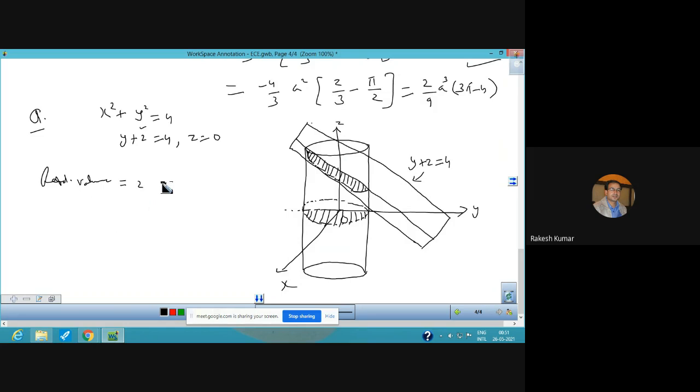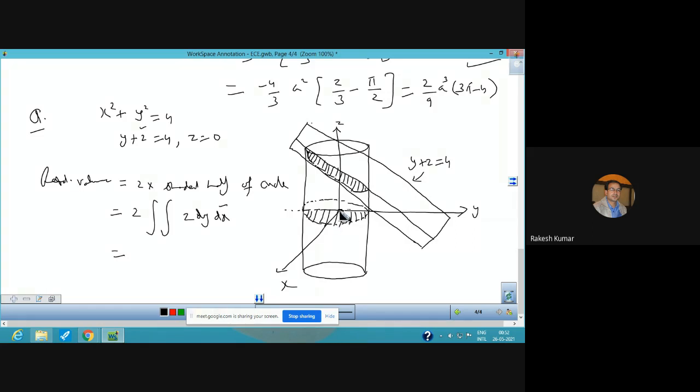you just have to use 2 times the shaded half of the circle. And this circle we need to take. This one. This is the shaded half. So that is why this is 2 times the integral of z dy dx. So we are trying to find out the volume in the xy plane by double integration. Now this shaded half is lying in the xy plane. So that is why we are doing so.